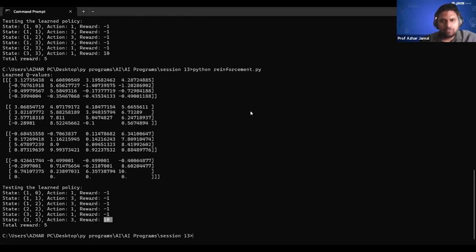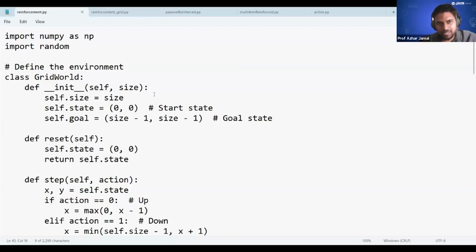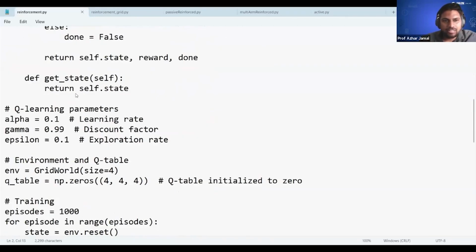If you want to recreate the program, just see how we have done it. We can always add a class or a method, and we are using numpy. If you have not installed numpy, just run pip install numpy, and random for generating random values. If you want to know how the agent can learn by itself, always generate a random value so that the agent could navigate. Import random will introduce random values in the grid. For each and every iteration, it can learn by itself all the time. And the class, we have added GridWorld till here.